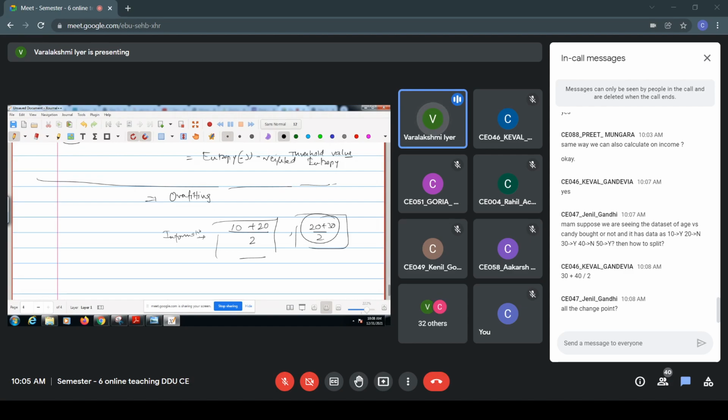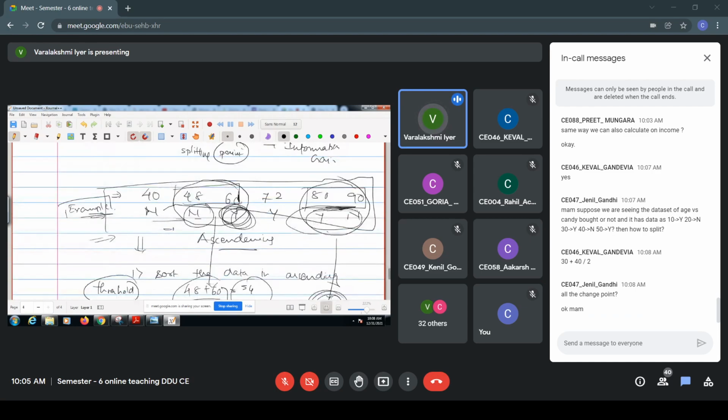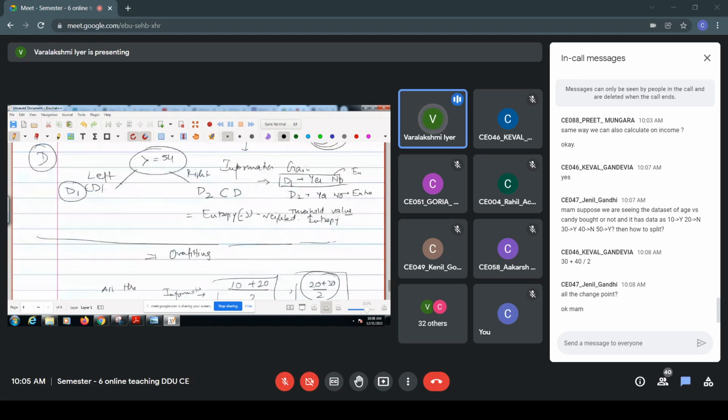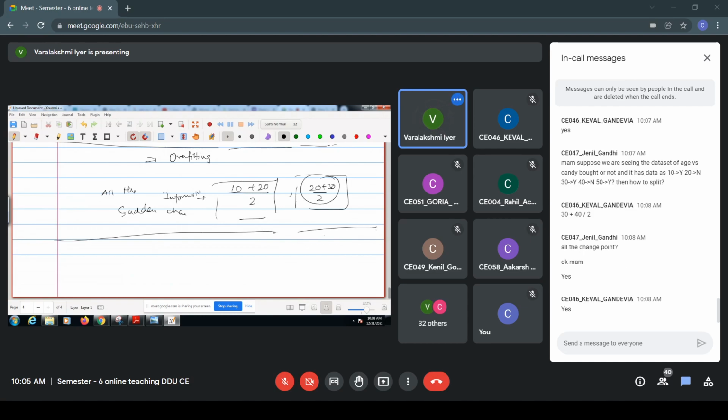So I think all the change points, yes, all the change points you have to consider. Wherever there is a sudden change in the class, that you have to consider. Okay, so here there were only two cases of sudden changes, no to yes and yes to no, right? So we considered these two splits, but in this case, you have to consider all the splits, right? All right, is it clear? Okay, is everyone clear with this? So shall we proceed? Okay.